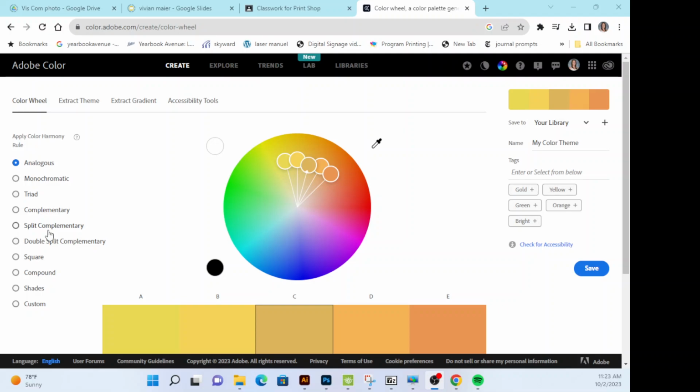We're just doing this as practice. You will probably create a different one when you get ready to start your actual project, but this is how we're going to create the color scheme that we can use later. So once you click on a section, and let's all click on complementary,